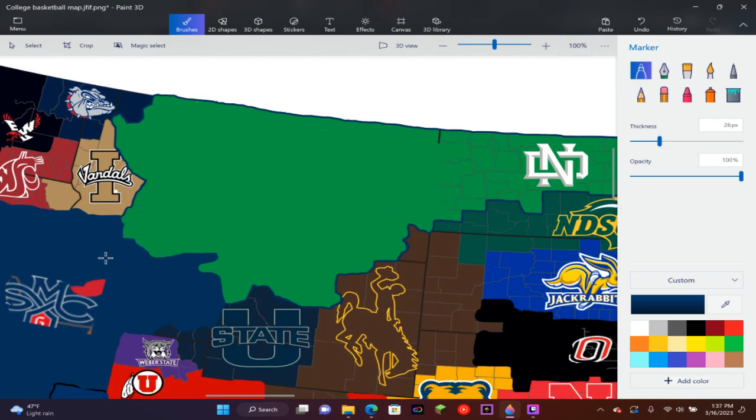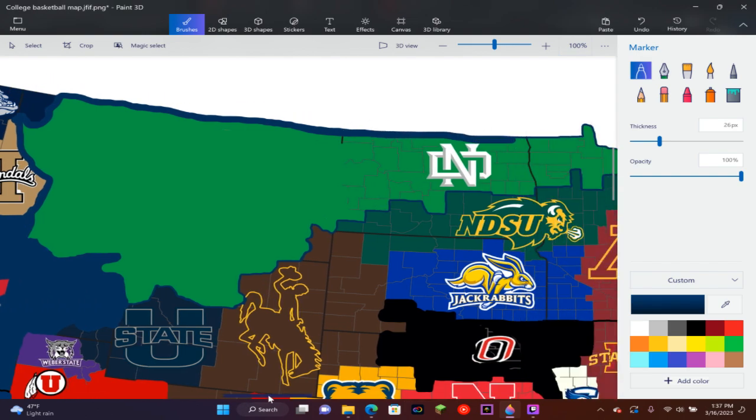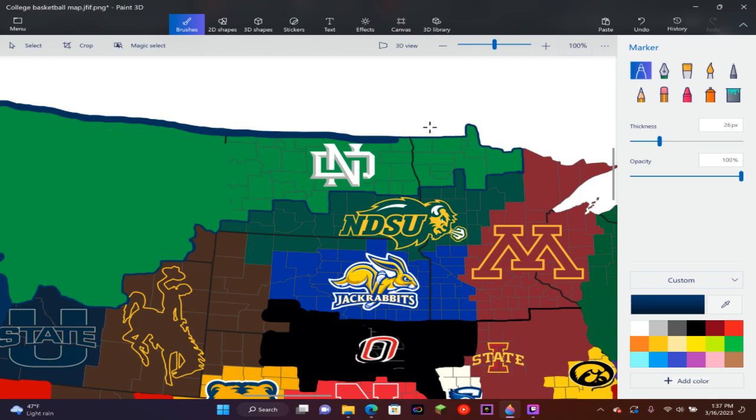We're going to go bigger around the borders. This won't take as long, but it still will take a decent amount of time. I like the bigger borders. And then after getting the bigger borders,